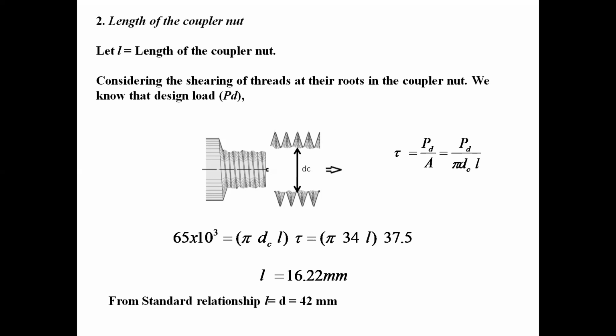So from this, the length of the coupler nut L that we can find. Shearing of the threaded portion gives us the length of the coupler. Here, how many threads should be in contact per length, that we can find by one more failure. The portion is considered under the crushing type of action. Because of the crushing action,